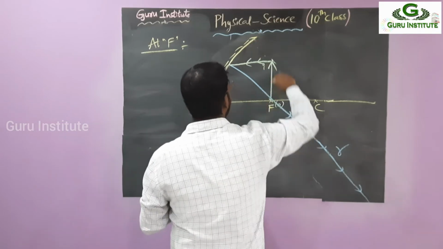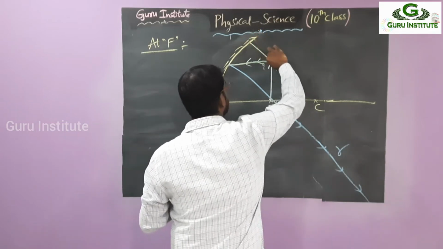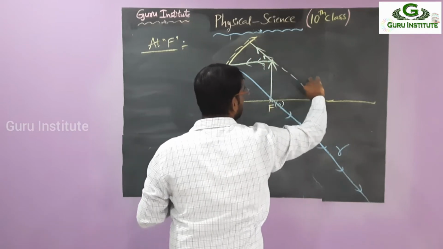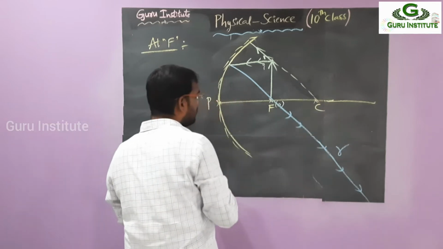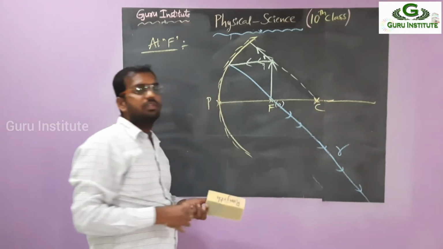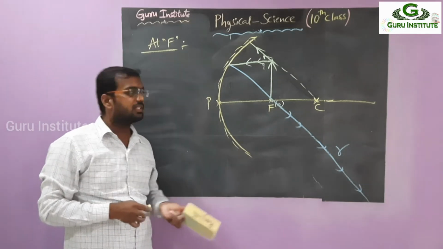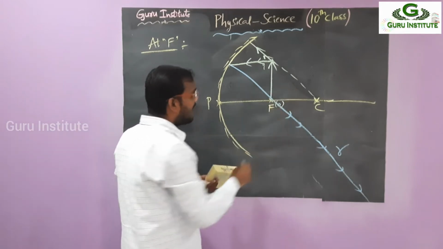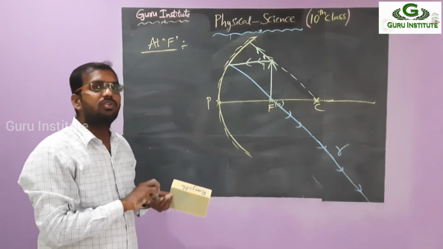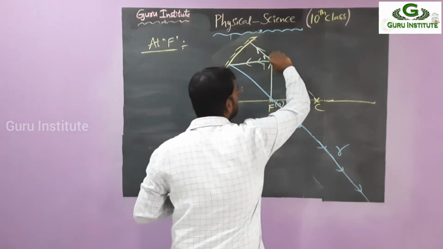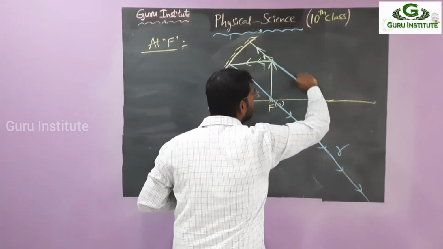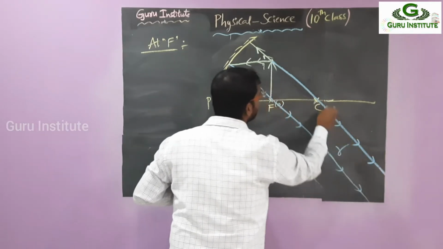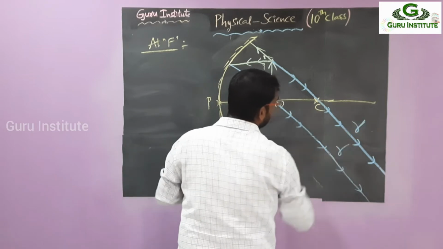Right? We have to take it perfectly. Passing through center of curvature. Correct? So this is the ray passing through center of curvature. Then what is the third one? Passing through normal. Passing through normal, is there any deviation? No deviation. Why? Because this is only normal. Angle of incidence and angle of reflection are both the same. So it is coming back in the same direction, from here. So this is the reflected ray.